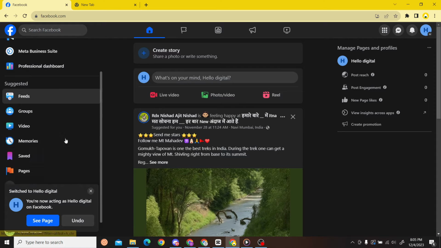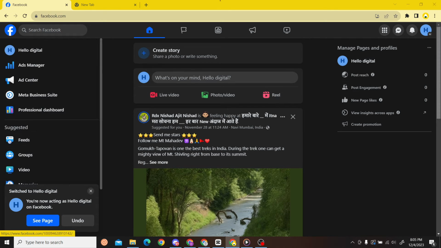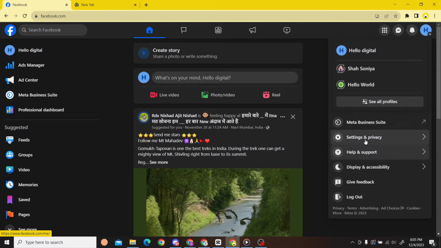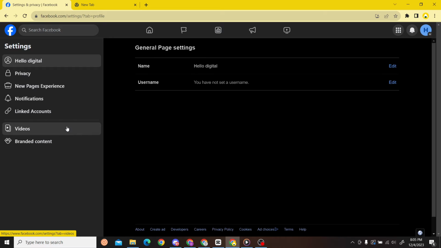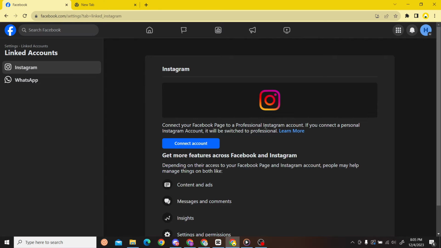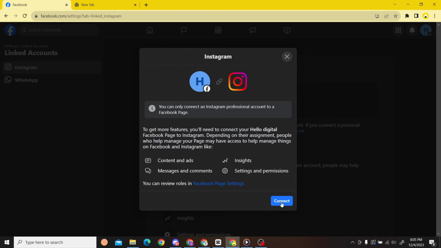Alright, so once you're here, go to settings and privacy. On the left hand side you can see the option for linked account. Click over here and from here you can connect to your Instagram account. So now let's click connect